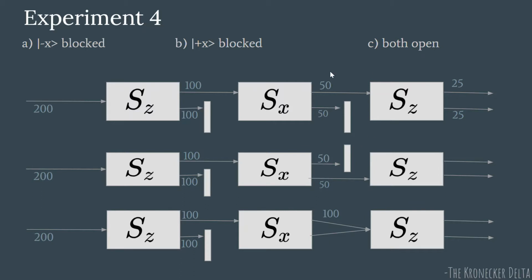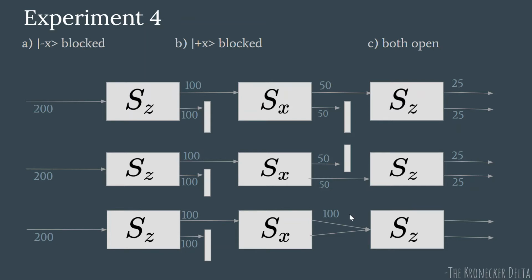Okay. Now in the second one we have blocked the upper one, but there's no reason to expect that any change should happen because they're symmetric. So if you block the bottom beam or you block the upper beam, the output that we should get should be the same, right? But now the bigger picture comes in when you observe the third part. So till here you have the same thing. You take only the plus Z beam and you input it to the Sx, then whatever you are getting out of it, you don't observe it, you just feed it into Sz without disturbing.